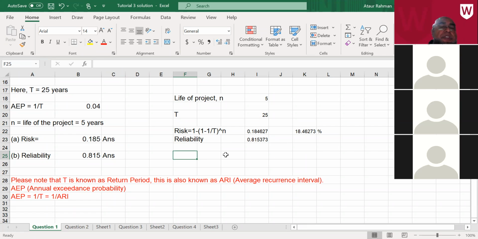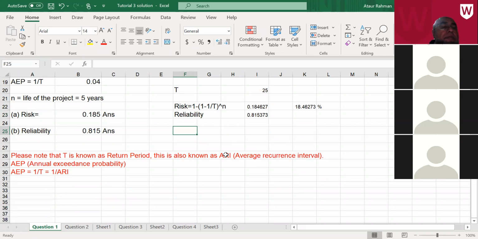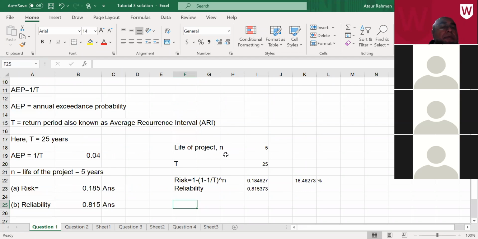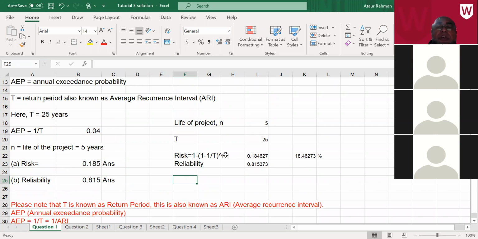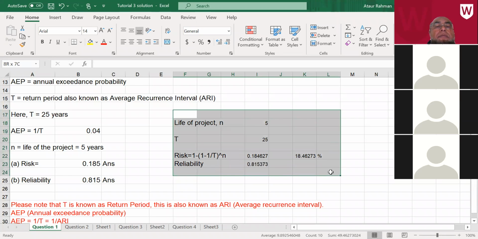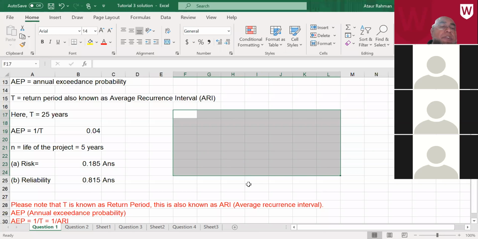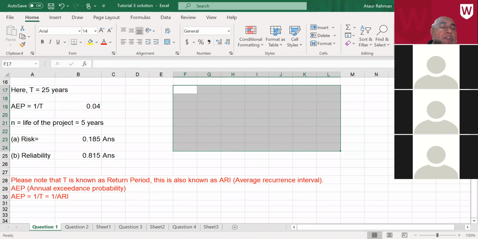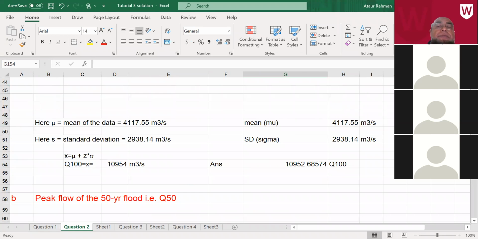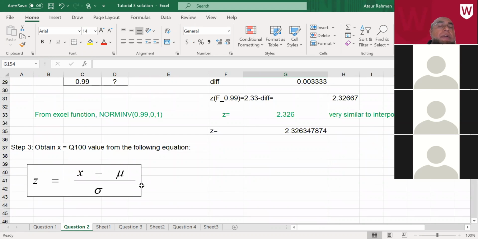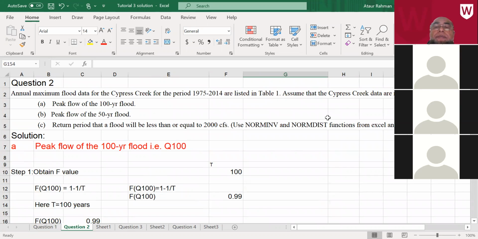Okay, so that is the first question we have done. So any question on any issue on this question? I think it's quite a simple application of the equation basically. Okay, so let us go to question 2 now. So in question 2,